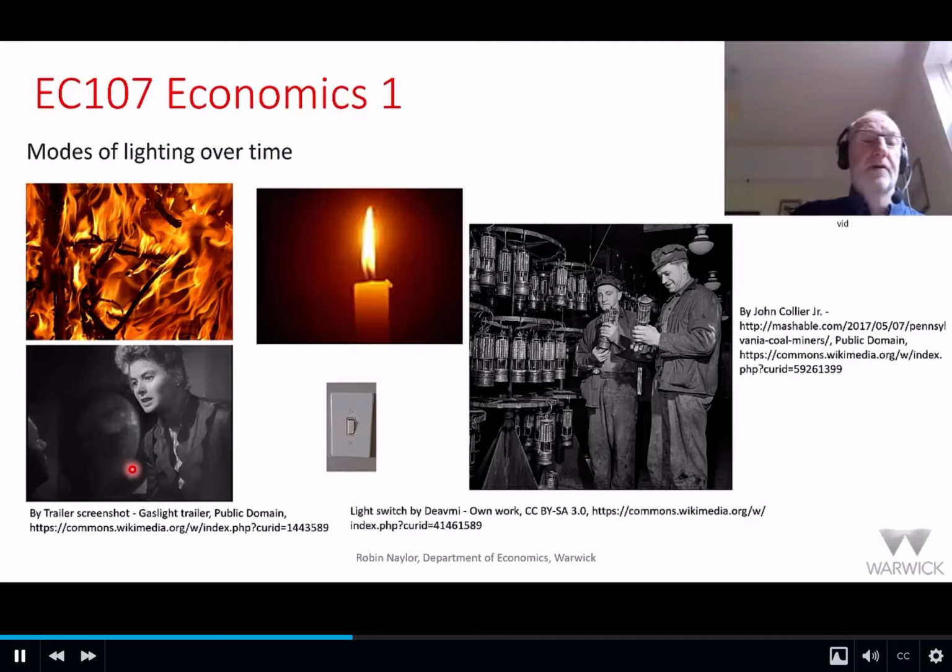This is a scene from a film called Gaslight, directed by Alfred Hitchcock, starring Ingrid Bergman, and Gaslight's the title of the film, and it's based on the idea of housing having gas supplies into it and light being produced from gas lights in the home. Today, at the flick of a switch, we have electricity generating light within the home, and in the period associated with the Industrial Revolution,